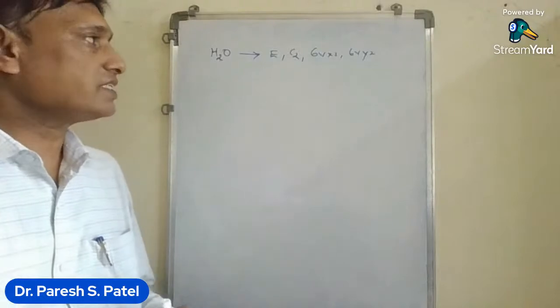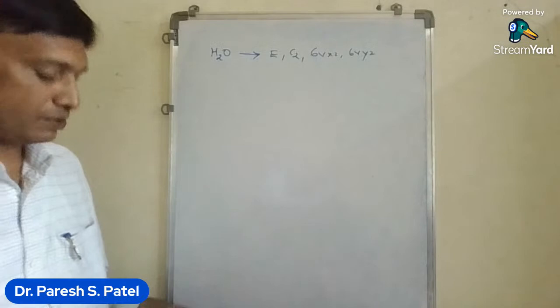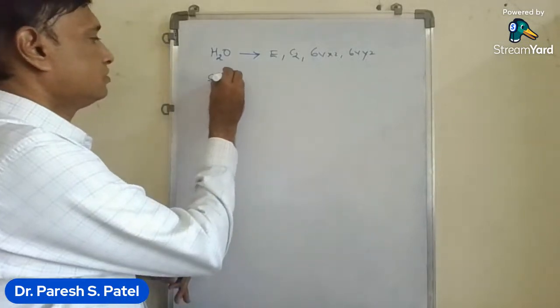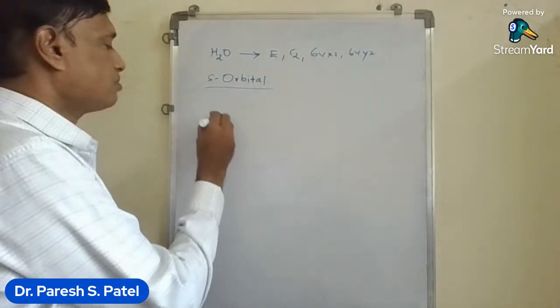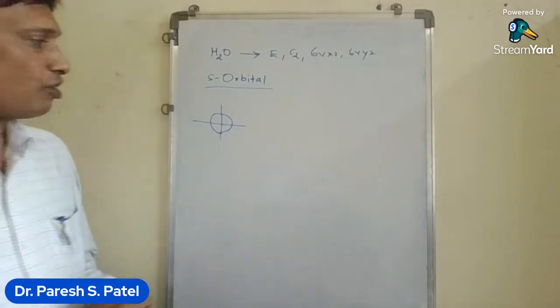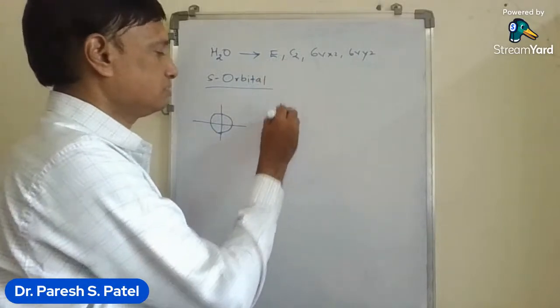That change can be represented as a bonding skeletal of the molecule. So let us start first with the s orbital. We know that the shape of the s orbital is spherical. Now, if we operate the identity symmetry operation